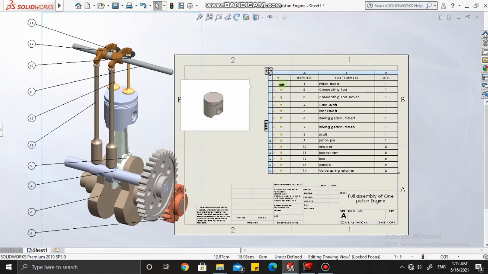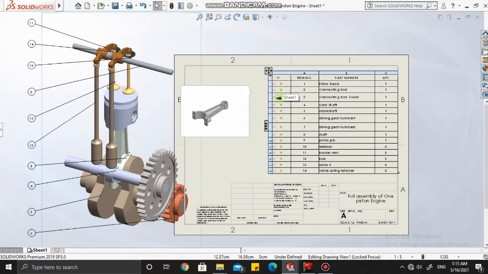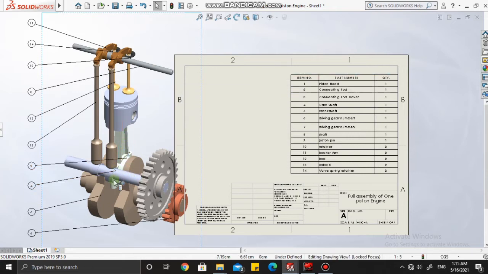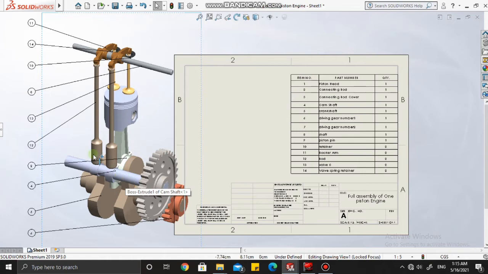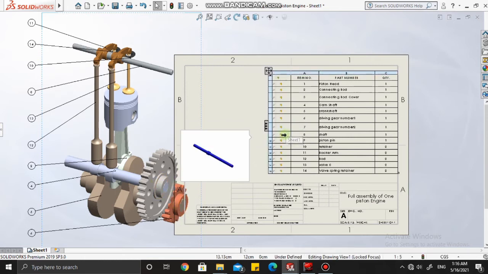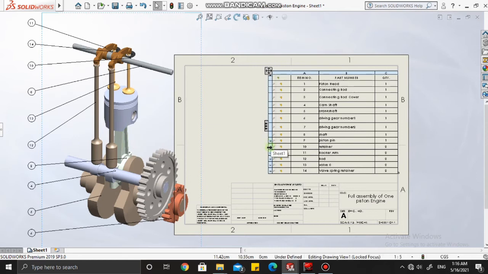This piston head, which is located here, the connecting rod and the connecting rod cover. These are those two parts. You have the camshaft and crankshaft. Here you have the camshaft and this is the crankshaft, and we have two gears, these both, shaft, which is this, piston pin, which is present inside the piston head, which connects the piston head with the connecting rod, and the retainer,